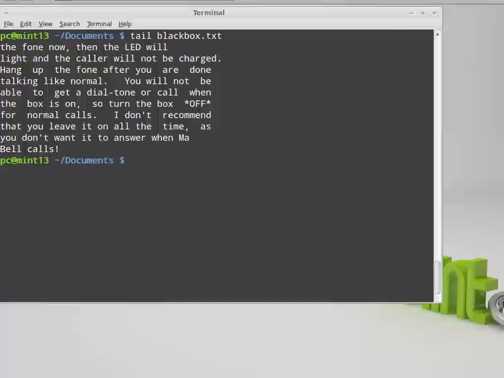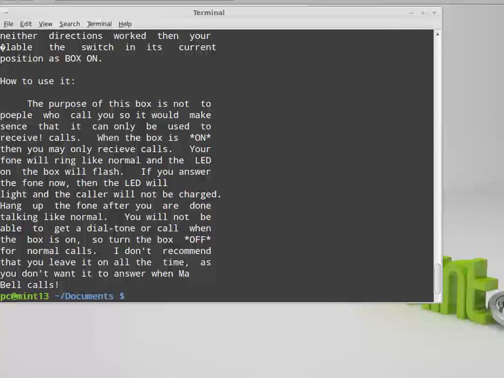So if we had head with -n 25, why can't we do tail -n 25 blackbox.txt, and then get the last 25 lines of the file? Now you may ask yourself, well, why do we need that when we have less? And I will show you later on,